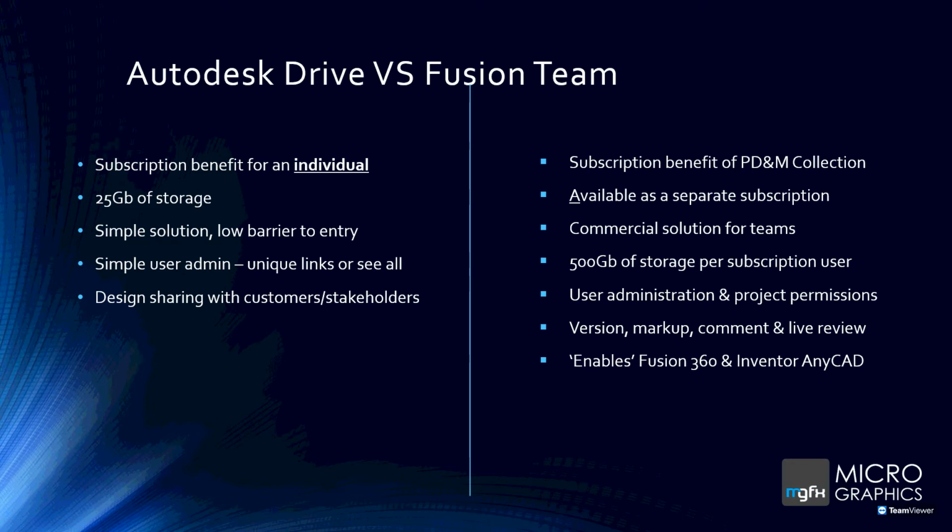Whereas in Fusion Team, you've got an administrator, a user who has to administer stuff, and you've got project permissions as well. Who can see what project? Not everyone can see project A. Maybe I can see projects B and C, and then you can see projects D and E. And then when sharing in Autodesk Drive, it's basically just share the file. You don't have much functionality in that. Whereas in Fusion Team, you can do versions, you can do markups, comments, you can do live reviews,